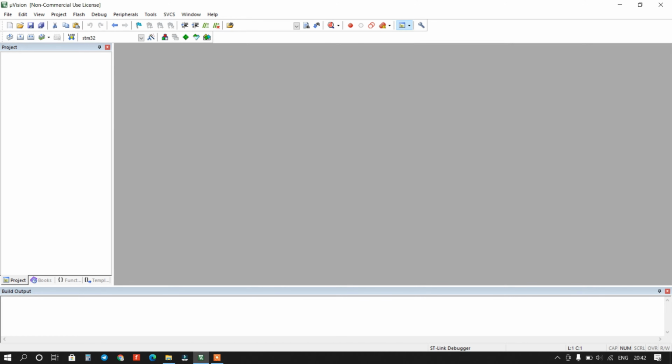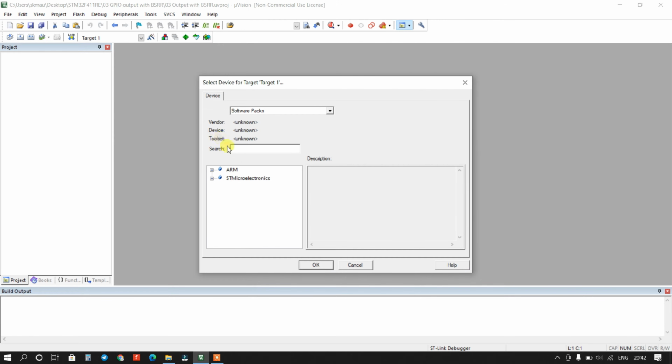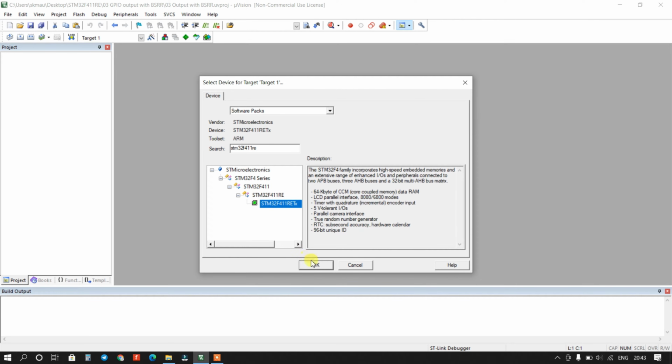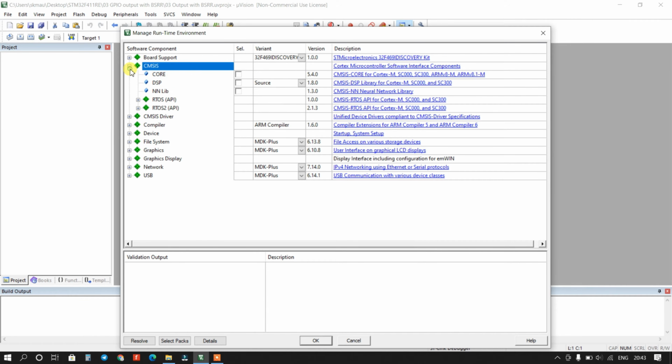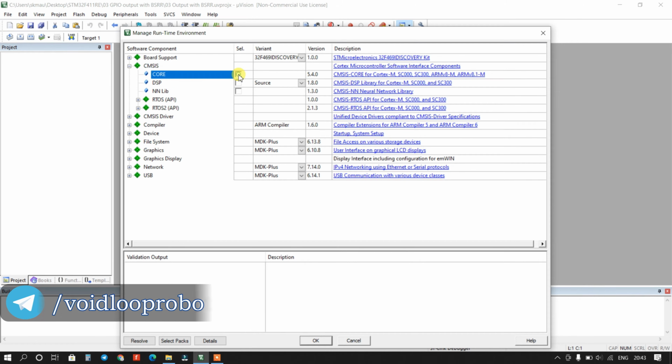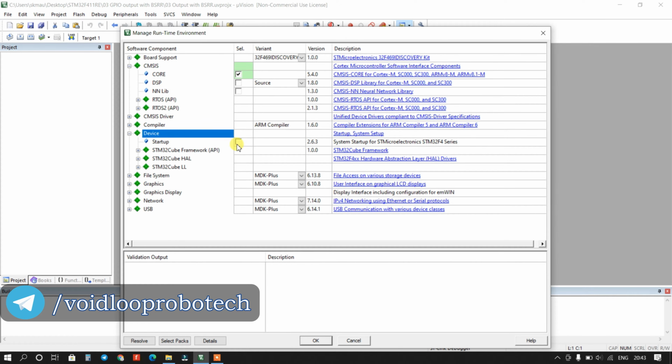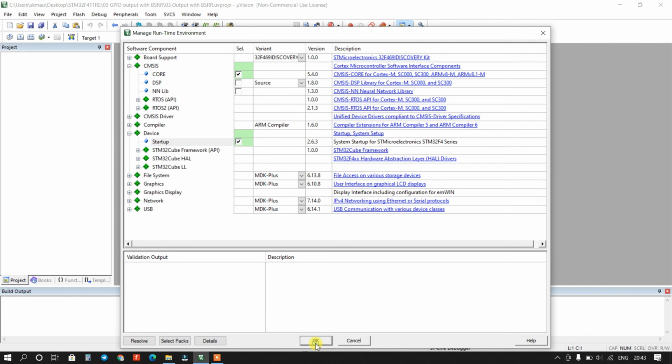Okay, select here the controller. So I am using STM32F411RE, select this controller and OK, and here select CMSIS Core and Device Startup and OK.